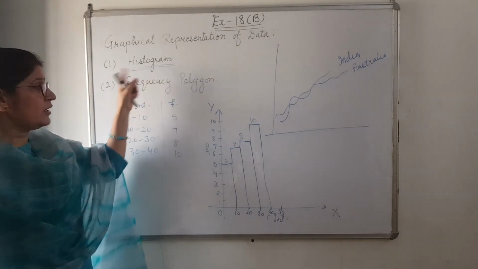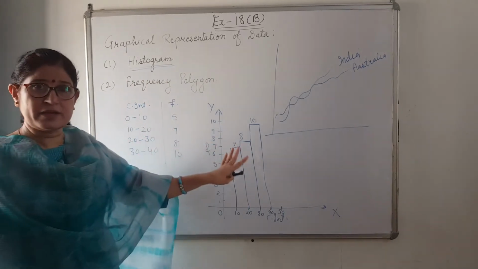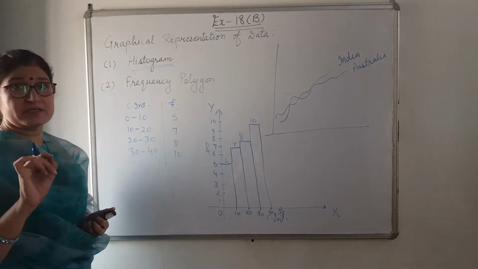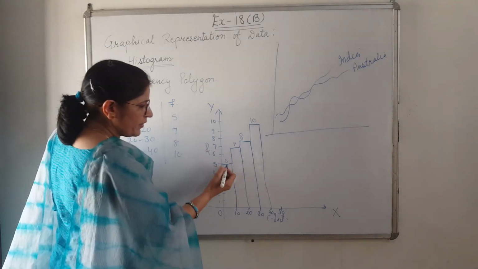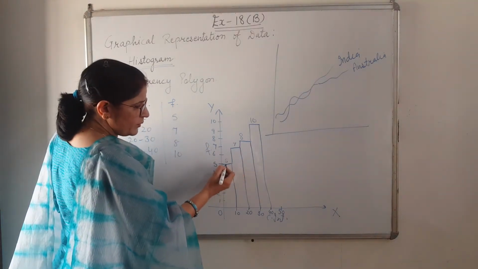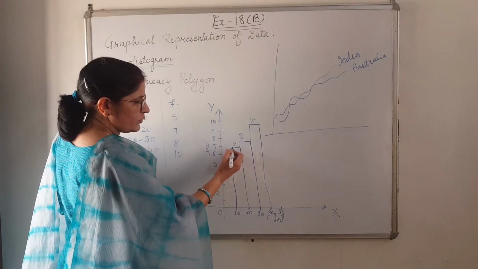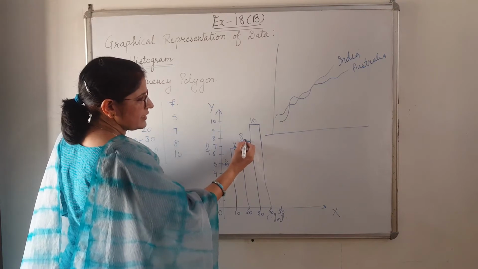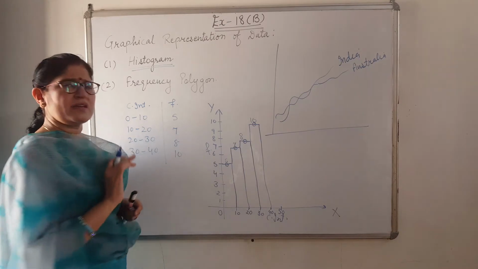Understood till here? Now, if we talk about frequency polygon, I will just show it here. For a frequency polygon, we have to join the midpoints. There are two methods. First make a histogram and then take their midpoints. 0 to 10, midpoint is 5. 10 to 20, 15. Like this, we take their midpoints. So is it that we just join these points and it's over?